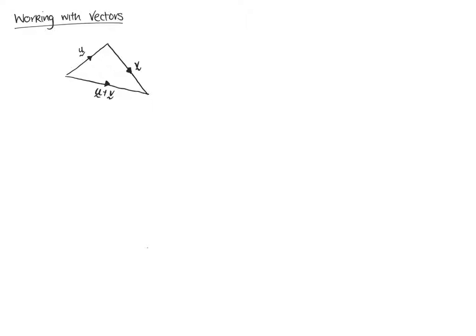So you can see if I start at the start of u, I can follow all the way along u in the direction of the arrow, and then I can follow all the way along v in the direction of the arrow until I get to the end point, which is the vector that's the sum of the 2. If you've got 2 vectors that are in opposite directions, you just make it the negative. Okay, so the big thing when adding vectors